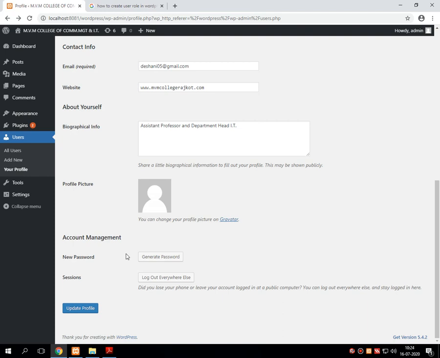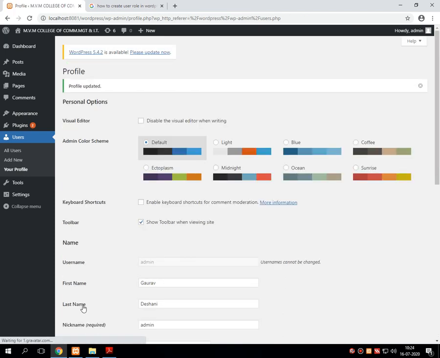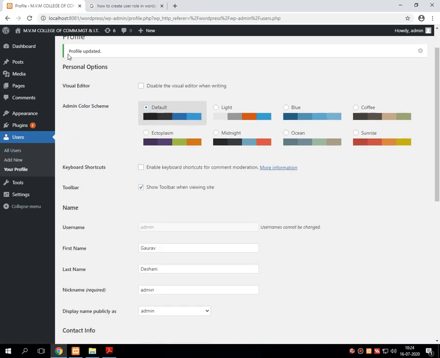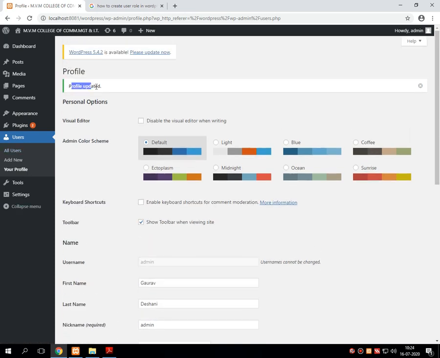For this, an internet connection is required. Then suppose I am updating my profile, it will save all these changes permanently and return the message profile updated.